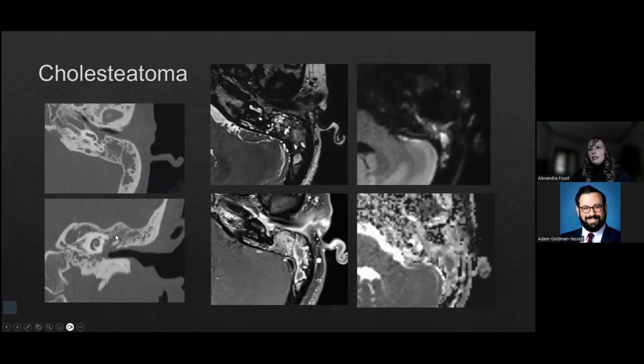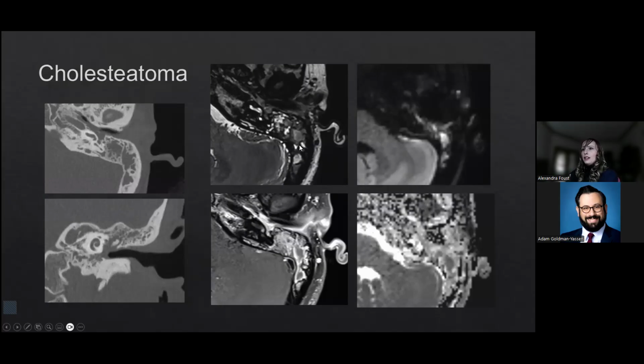We have the ossicular chain we can see. It's not clearly eroded. We don't see a tegmen defect. So interpreting this is challenging, right? You would probably put out some sort of report like non-specific opacity, clinical correlation with otoscopic examination, or consider MRI for further assessment. In this case is a really nice example of where MRI can add value for these types